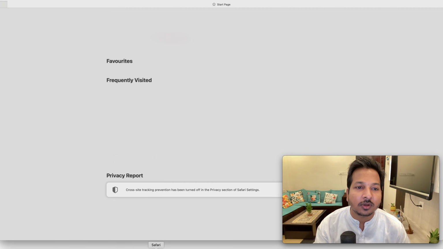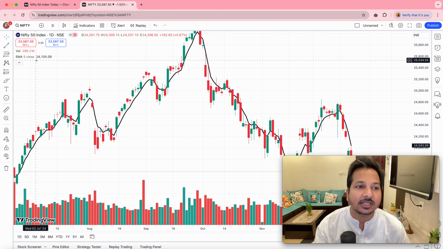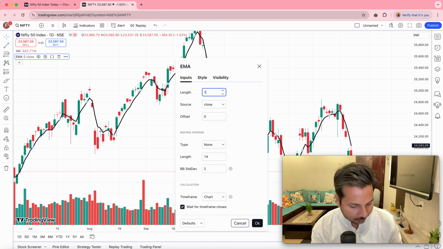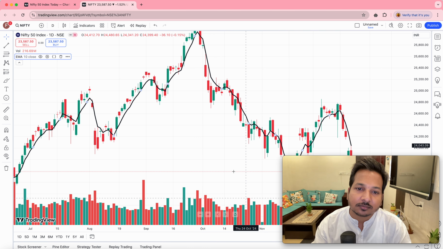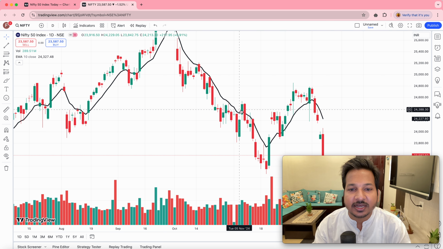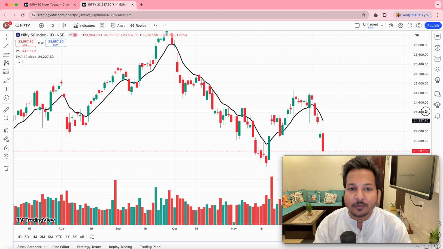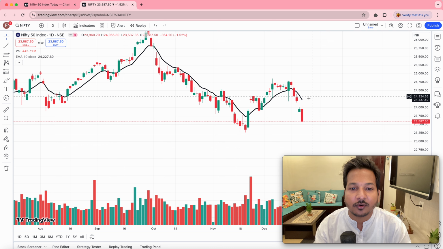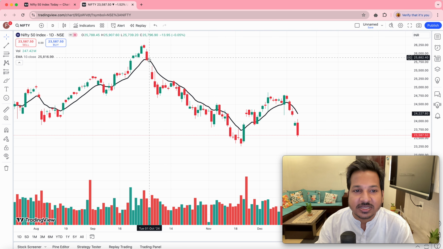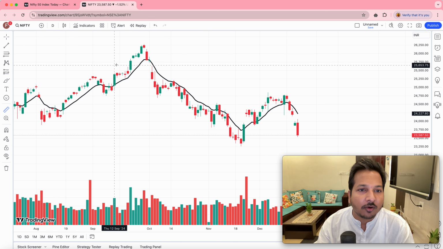So what we'll do, you have to apply the 10 EMA in this chart. In the same EMA setting input, you have to change 5 to 10. Now what I can see is from here to here, the price has given a closing above this. So up to here I can ride this momentum for a longer time, like for a month. So you can see almost how many days,